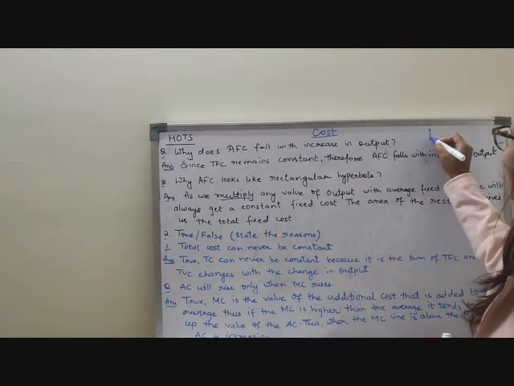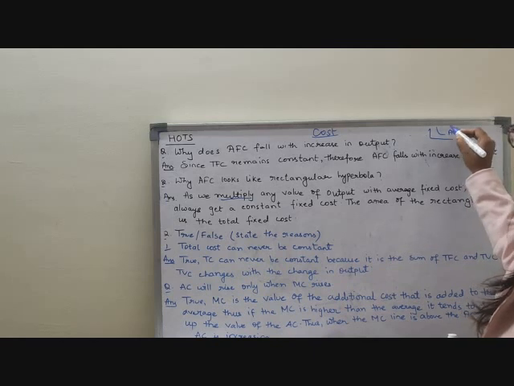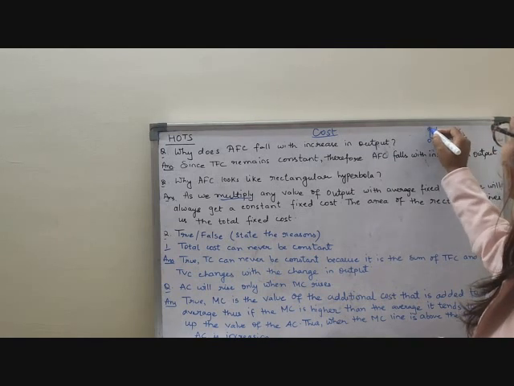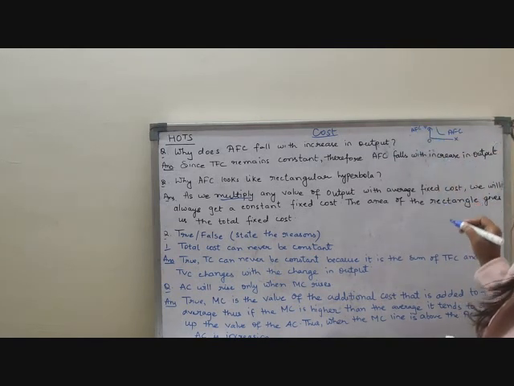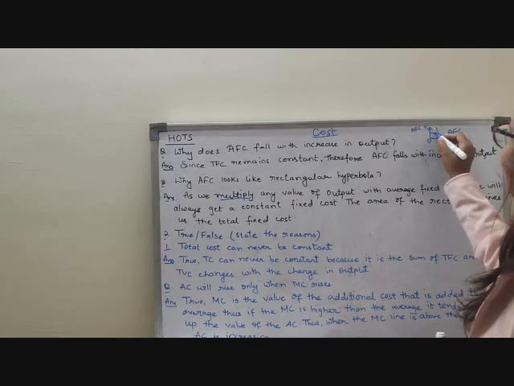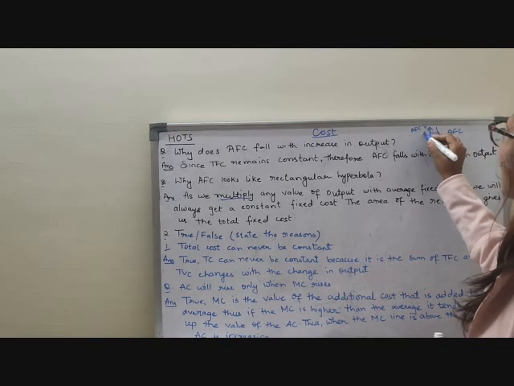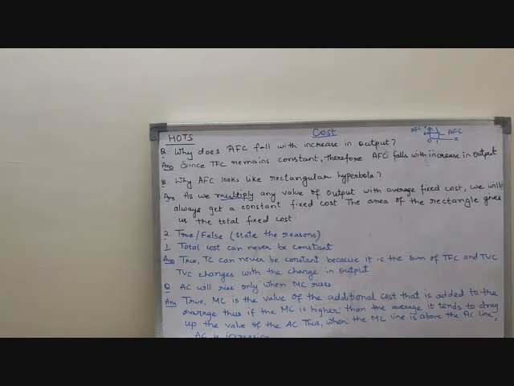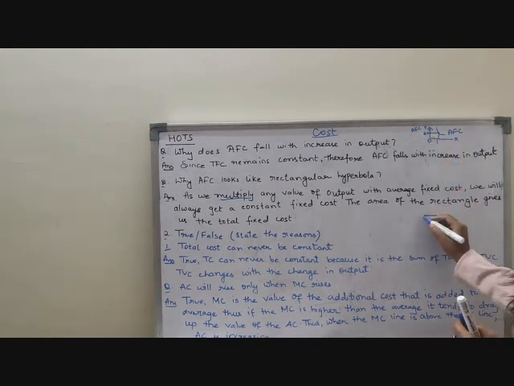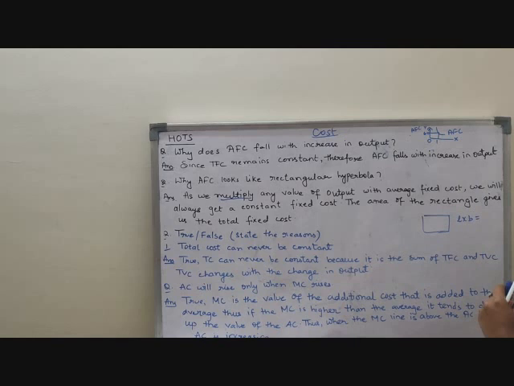Children, here I have drawn the diagram of the average fixed cost, which I know is downward sloping. Suppose I am taking output on the x-axis and AFC on the y-axis. Clear? Now, suppose I increase the production from 0 to 1 and my average fixed cost is 60. So this is the rectangle I formed. The rectangle formula is length into breadth. If you multiply 60 into 1, length is 60 and breadth is 1, so you will get the same answer.